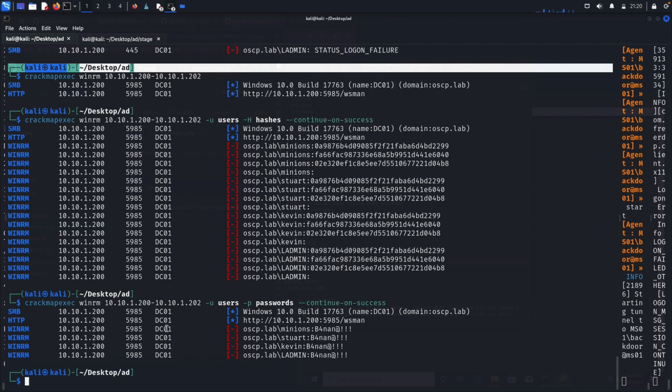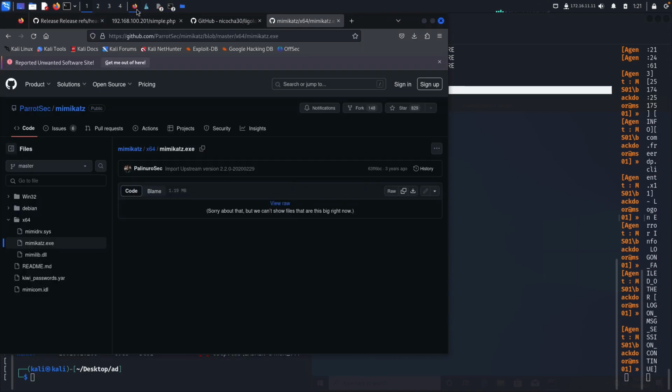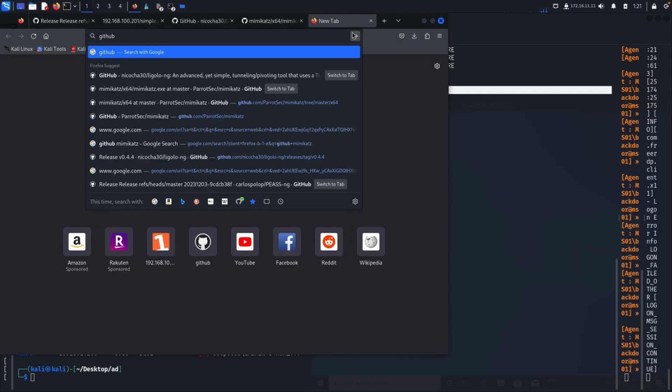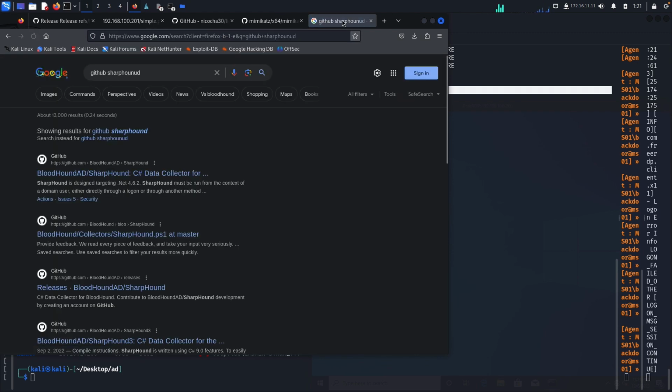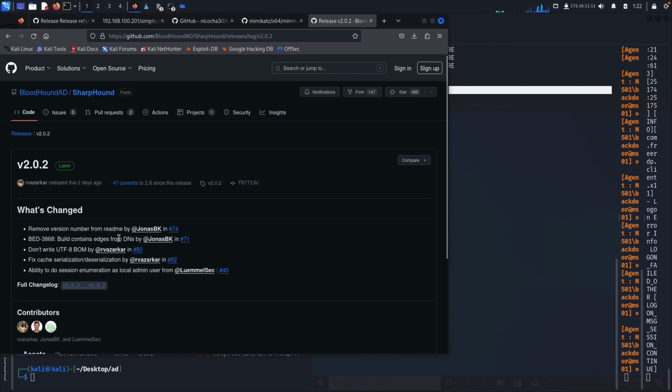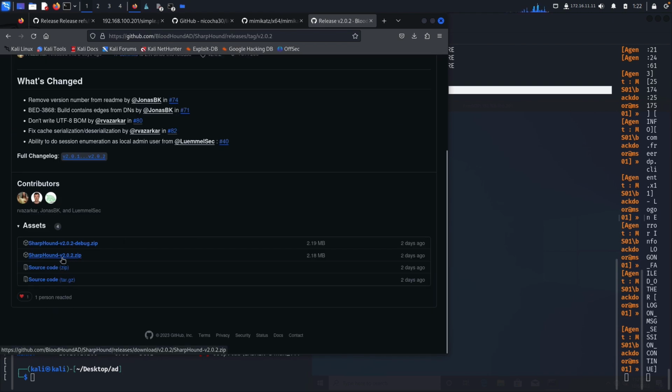Okay, so for the sake of time, I'm going to jump ahead a little bit. One of the tools that I will use, if I don't get any quick hits, any quick wins, is BloodHound. But to do that, we actually need another tool to collect the data called SharpHound. So we're going to go ahead and search for GitHub SharpHound. And sure enough, here it is under BloodHound AD. On GitHub, we can go to releases, and there is SharpHound